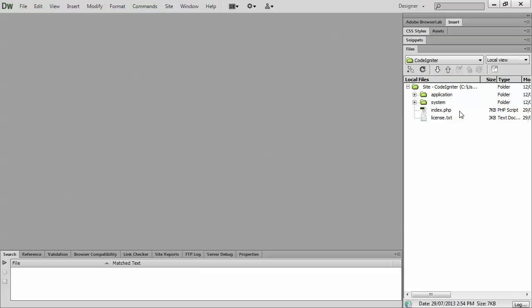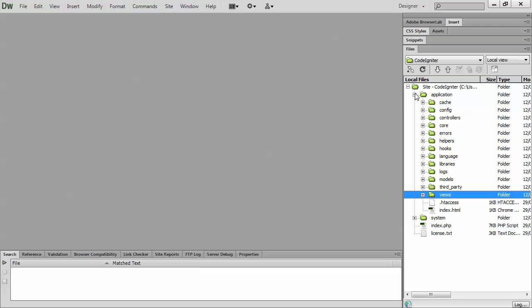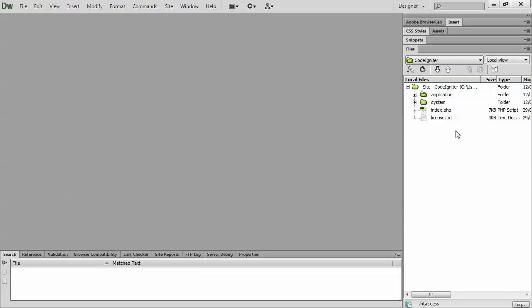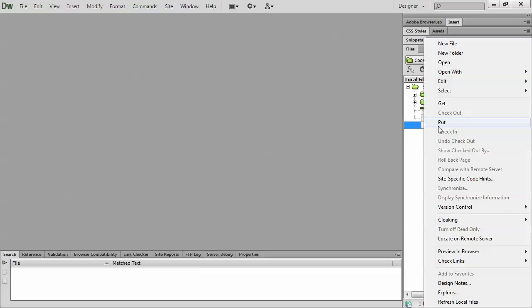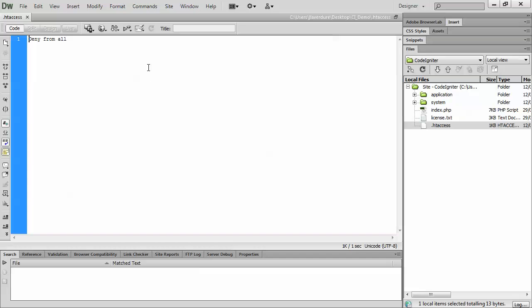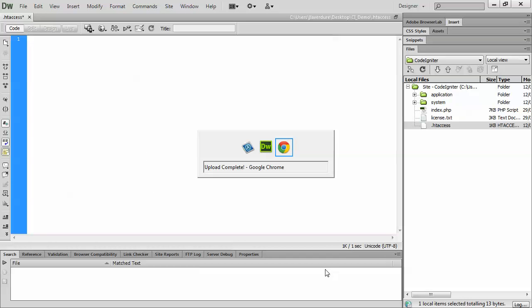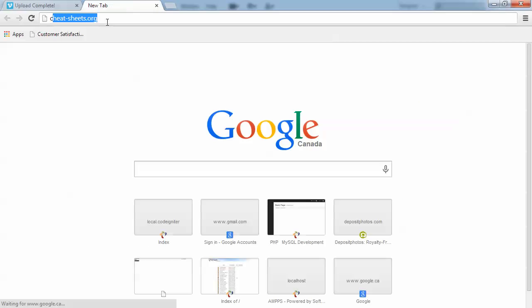Now, in order to get this set up with the URL, you need to create the .htaccess file and put the proper rewriting rules inside of this, making sure that the module for URL rewriting is turned on on your server. So to do that, you can take the actual .htaccess file inside the application folder and paste that file into the root beside the index. Then you can open it, and then I'll take away this instruction,